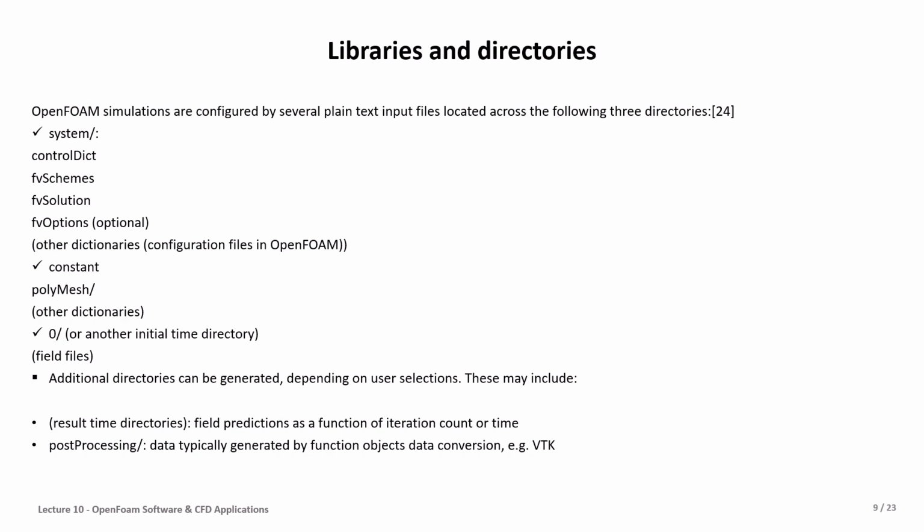There could be more directories, for example, the result time directories and the post processing, which is mostly relevant to visualization. And we will see how it's working with the specific visualization software, which is a third party